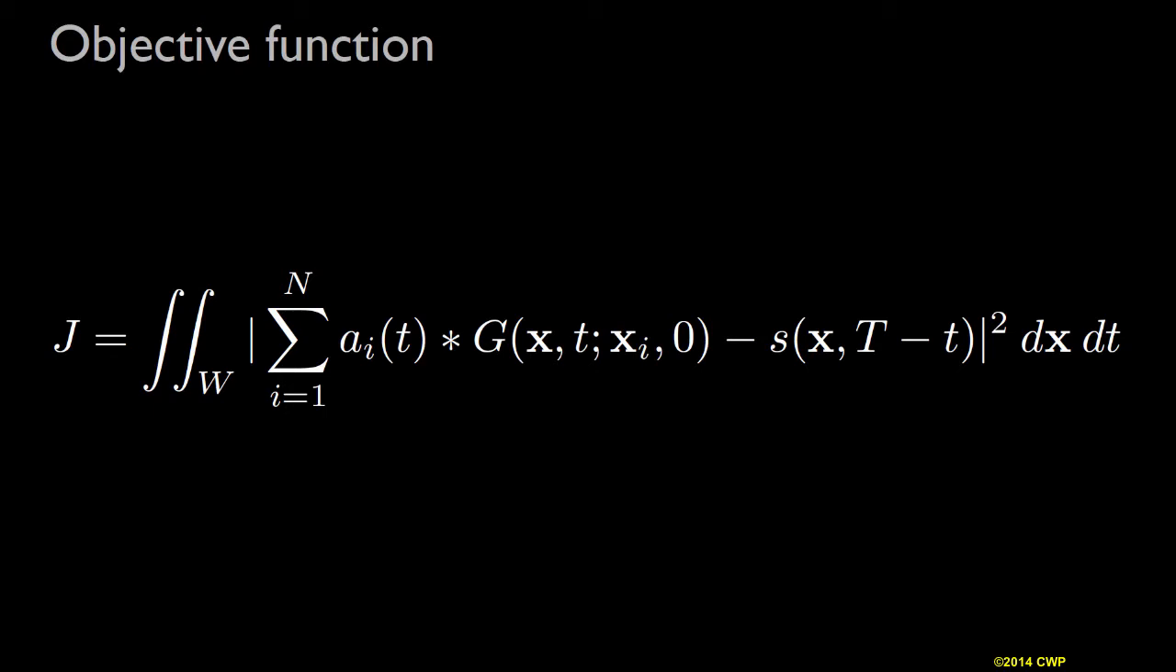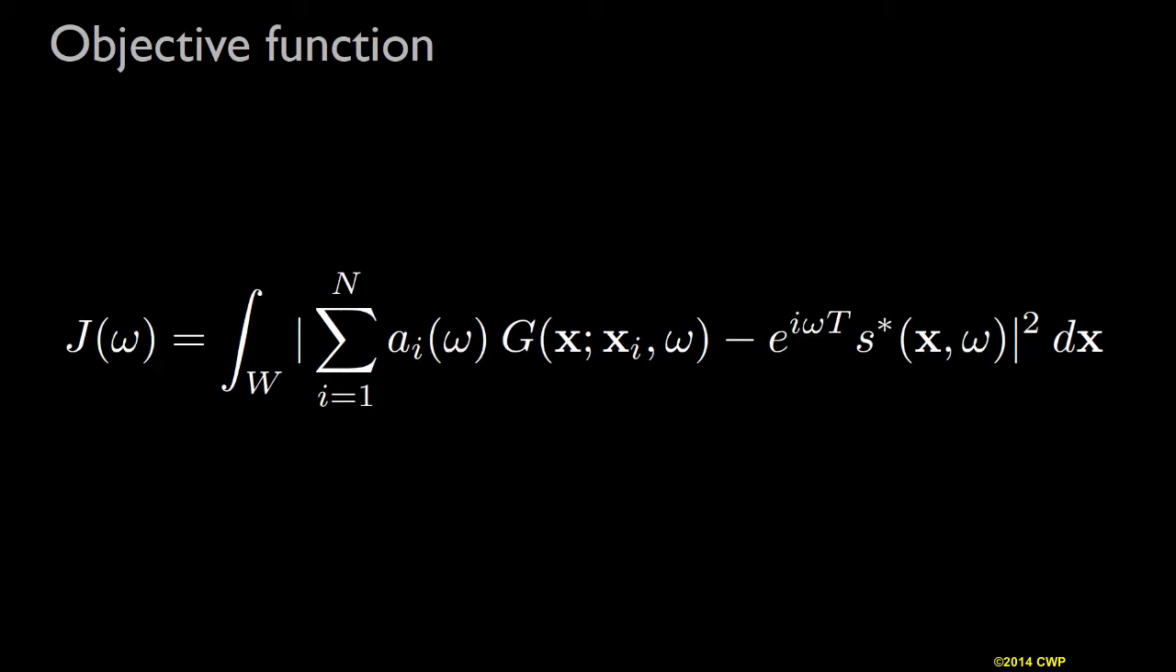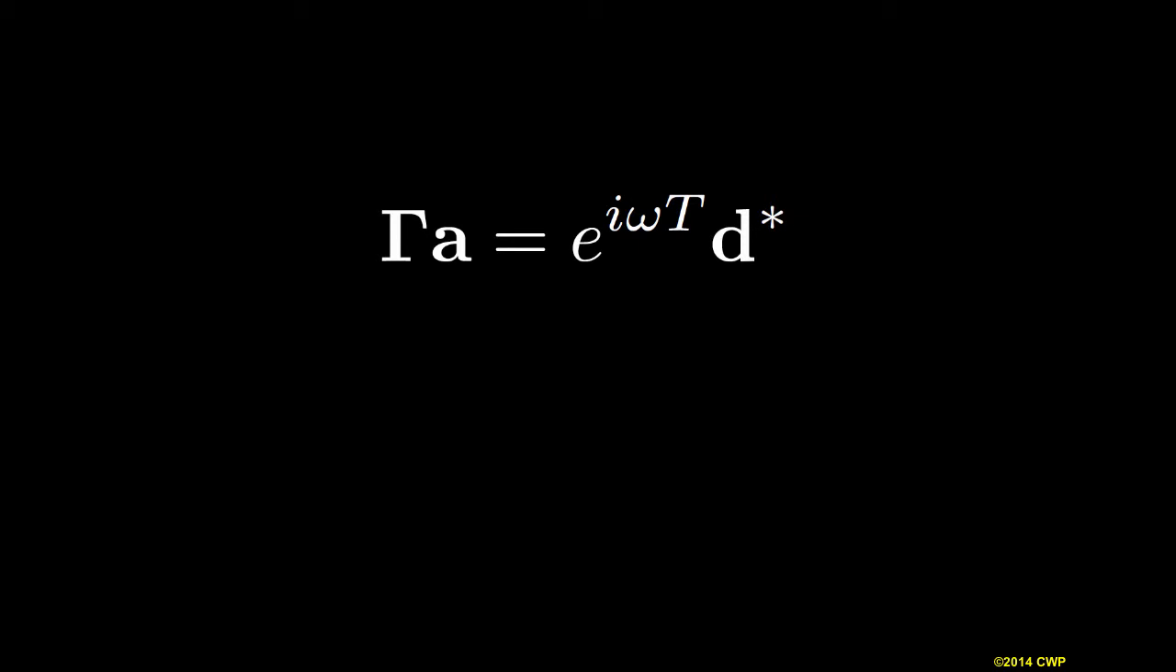the green functions. And then we can transform this objective function from the time domain to the frequency domain, so that we get a separate objective function for each frequency component separately. And this objective function is what we should minimize with respect to the unknown coefficients AI of omega for each frequency independently. If we do this, we end up with a system of linear equations, which I compactly expressed as